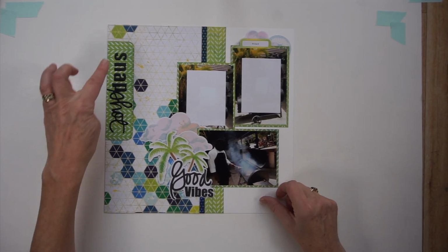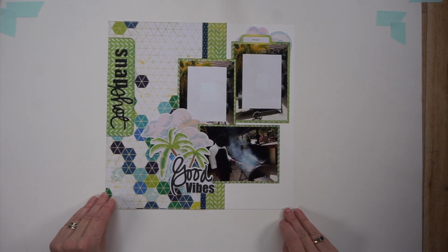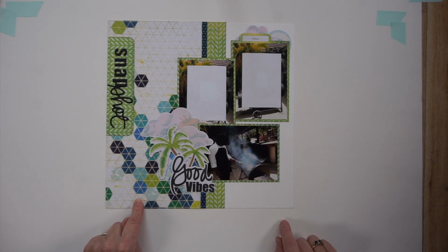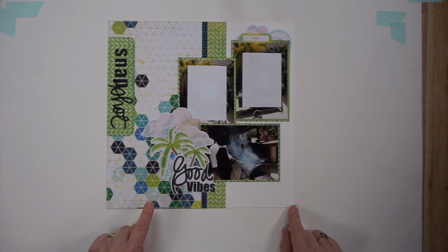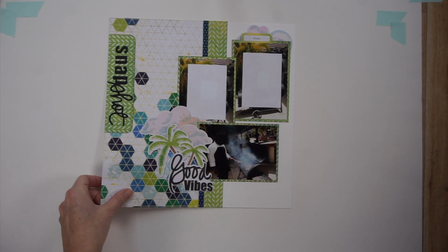This one here, I switched up the paper. The main part of the paper that you see there was a different paper in her class. However, the paper I used was in the kit. I just simply used that instead of what she used because it worked better with the photos. I also more or less copied her design, especially that title there over on the left. I absolutely love that. I added 1 extra photo. Her page had 2,